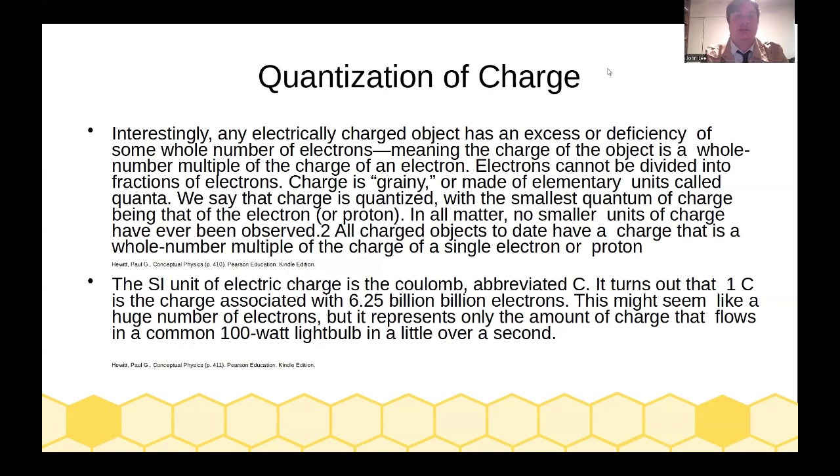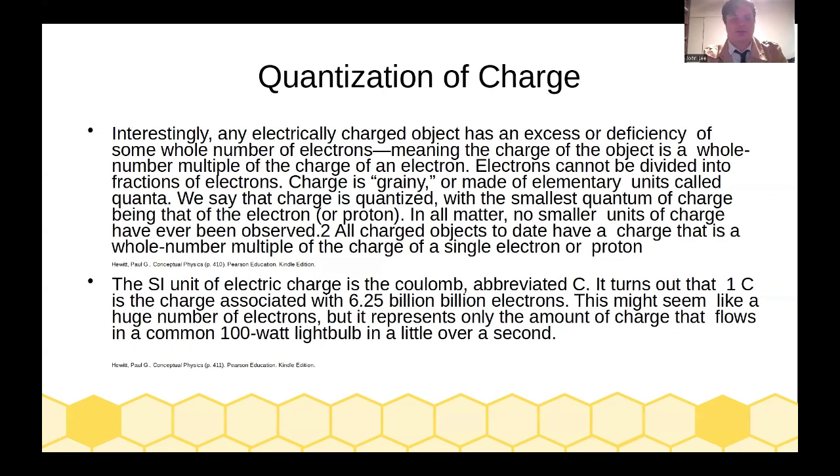Interestingly, any electrically charged object has an excess or deficiency of some whole number of electrons, meaning the charge of the object is a whole number multiple of the charge of an electron. Electrons cannot be divided into fractions of an electron. Charge is grainy, or made of elementary units called quanta, where quanta means that there are only certain allowed